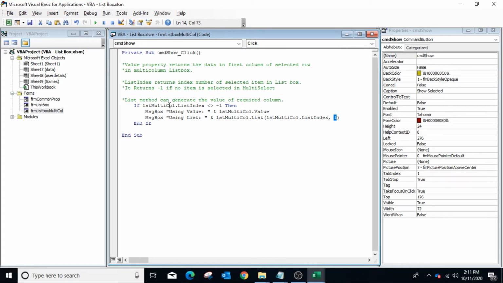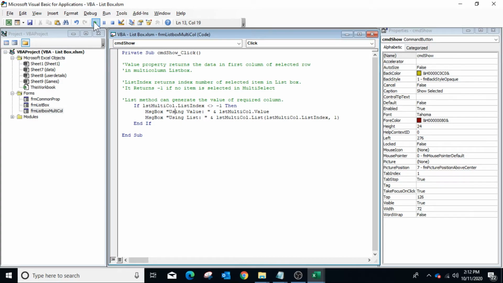The list index property returns -1 if no item is selected in the list box, and if selected, then it will return the corresponding index number. Remember, the index number of a list box starts from 0.